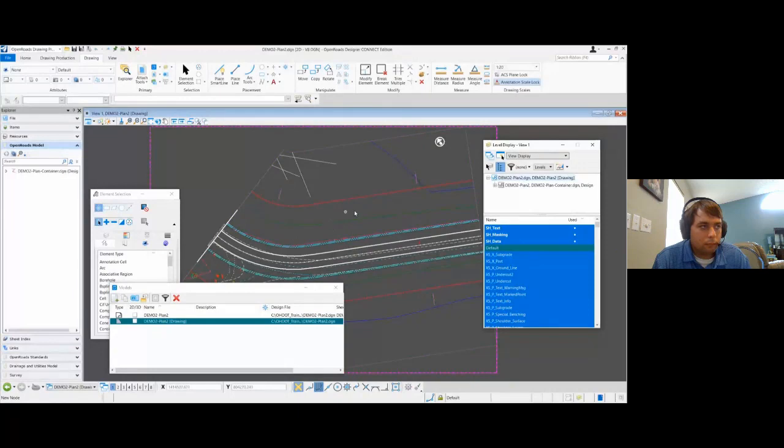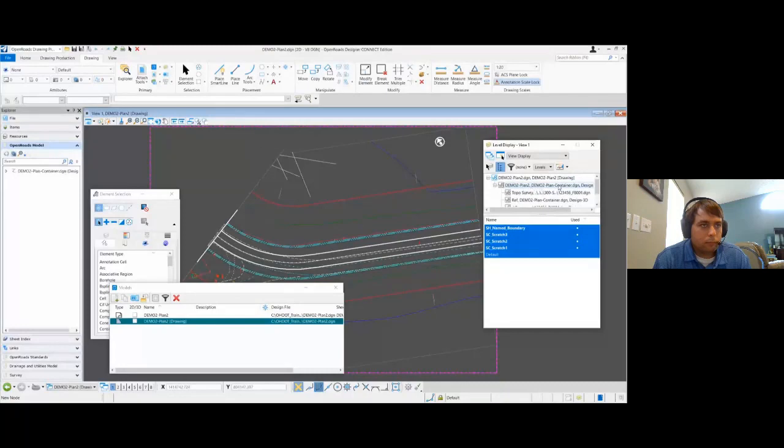So if I take a look at my level display, this container file here is my direct reference, which typically you're only going to see the name boundary because it's a container file. You're going to reference everything you need in that. So most likely you won't have too much level control needing to be done on the direct reference. Everything else is nested, which means the display override setting for that reference is going to take effect.